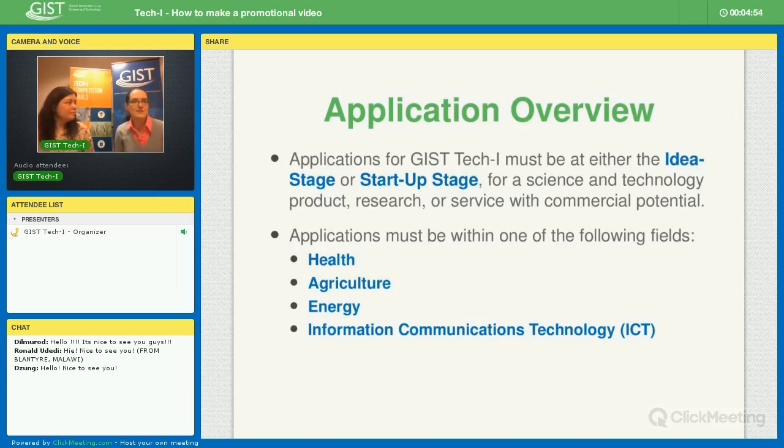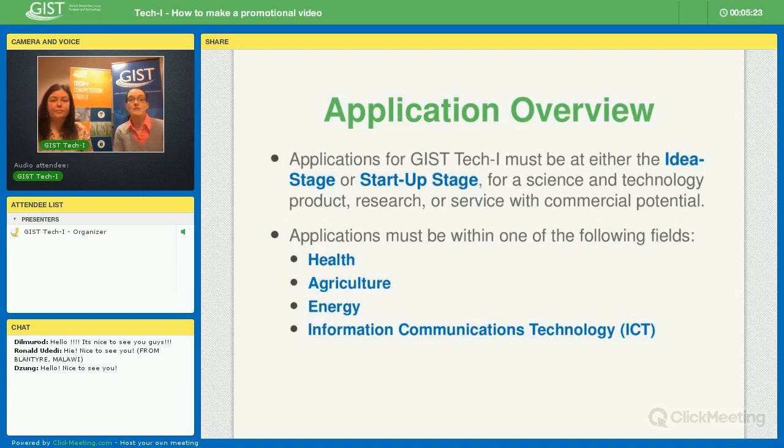We'll also go into more of those details in 2 weeks' time to really make sure that you are in the right sector. And then the applications themselves. We are looking for applications in four main areas. That's health, agriculture, energy, and ICT. Now, within those four areas, we accept everything that might exist within them. If you are worried that your application doesn't really fit directly into one category, let us know. Send us an email, and we'll be able to work with you on a personal basis to make sure that we really fit you in correctly.